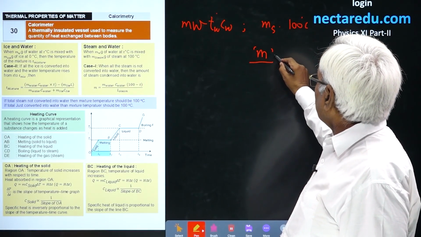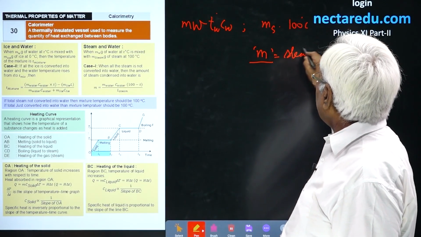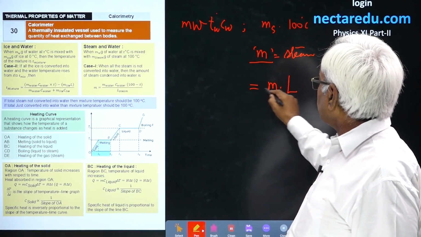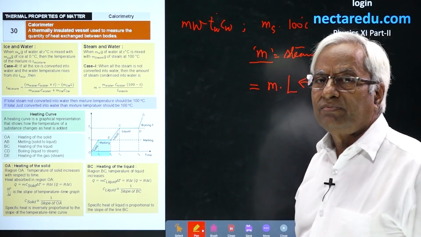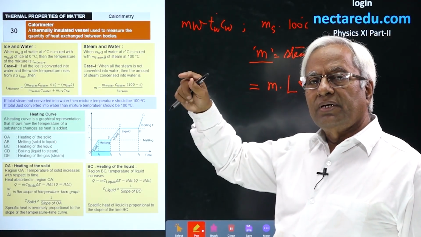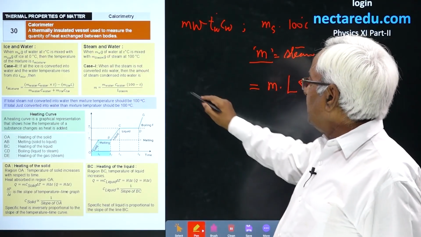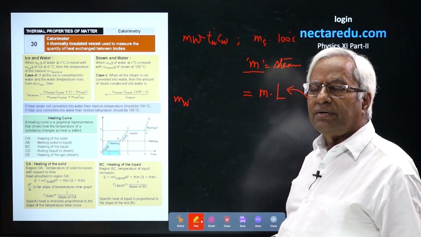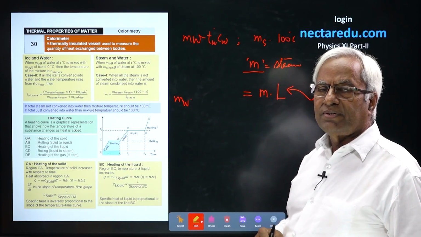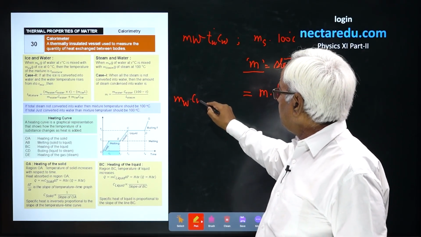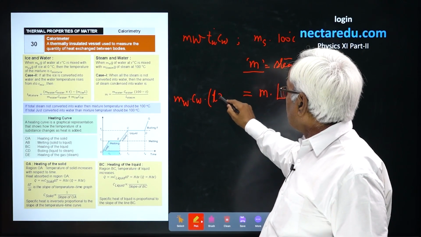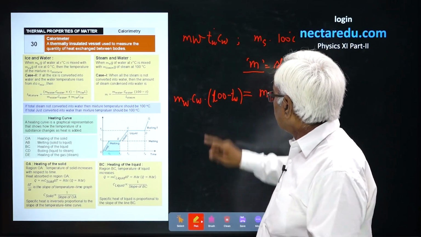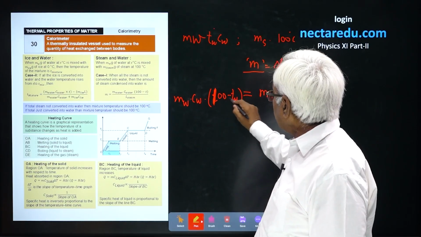When only a fraction of the steam has converted into water, suppose m gram steam has converted into water, then it will liberate the heat mL, but the latent heat is that of vaporization, that is 540 calorie. In case of ice, we were using 80 calorie per gram. And here this water is to be heated up to 100 degree in order to make the temperature of the mixture the same. So it will be heated: MW CW, T is 100 minus TW.